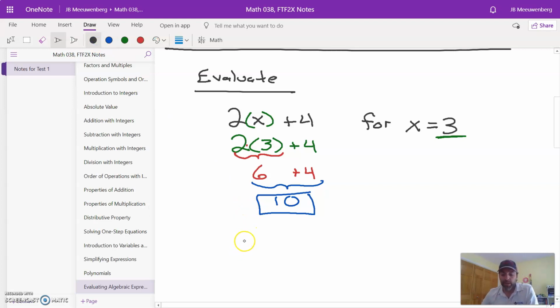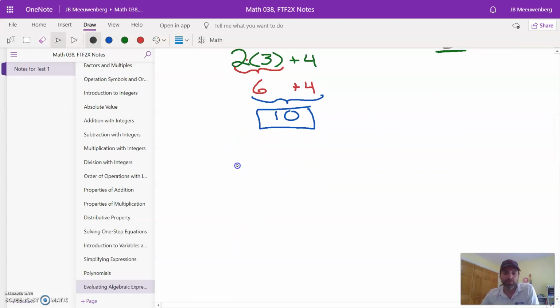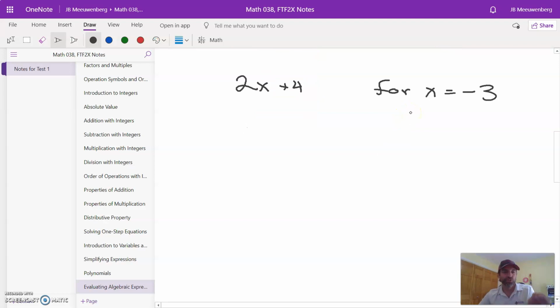Now I'm going to say evaluate 2x plus 4 for x equals negative 3. Ooh, negatives. Integer work. Okay. So let's do the same thing. We bring down our 2. We take our x. We're going to put parentheses where it was. Bring down everything else. Inside those parentheses, we're now going to put this number. Negative 3 is a number. And in this problem, it's the